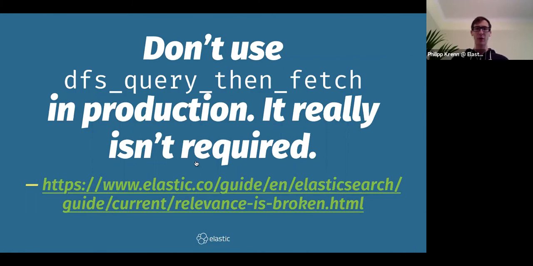By the way, this is a great URL. You can see relevance is broken. And this is describing exactly the problem that we have covered now. But the base assumption is here that for most scenarios, your data will be evenly distributed. Or turning it in another way, you normally have enough documents that it will just even out. If you have very few documents, you should only have a single shard in the first place, and then the problem will not apply anyway. But if you have a lot of documents, they should in general even out. So you don't really need this attribute.